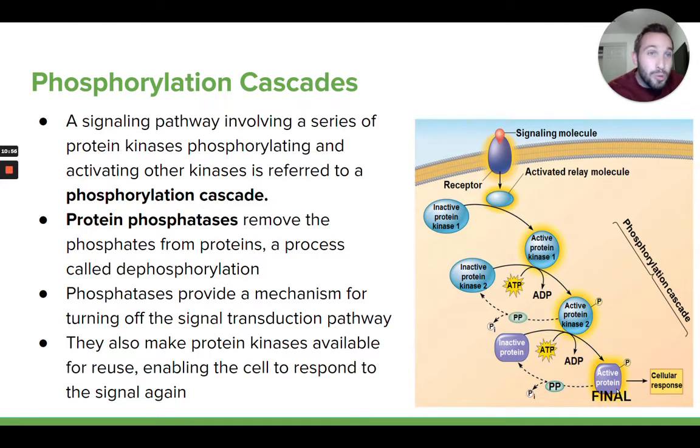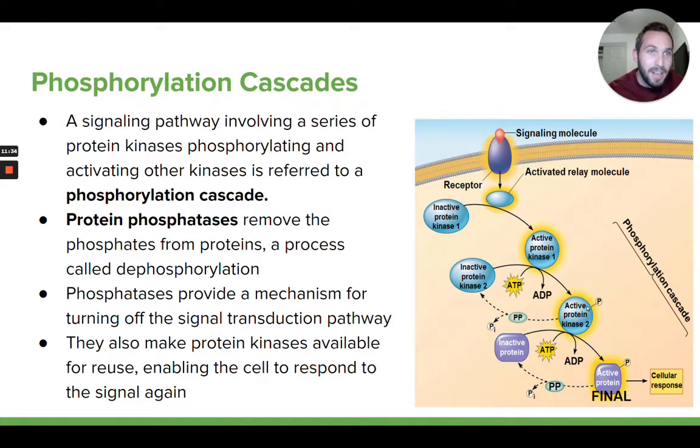Now, eventually, these phosphate groups that are being added to these proteins are going to be removed. There are enzymes called phosphatases. So protein phosphatases are proteins whose job is to remove those phosphates. And in that picture, it's represented by this little guy right here that says PP. That's a protein phosphatase. And this is a protein whose job is to catalyze the reaction that removes the phosphate from this guy. So you can see that his job is to find this guy and take his phosphate off. And so then this phosphate is removed and he goes back to his inactive shape until another protein kinase